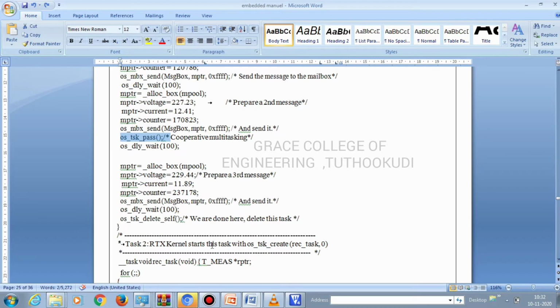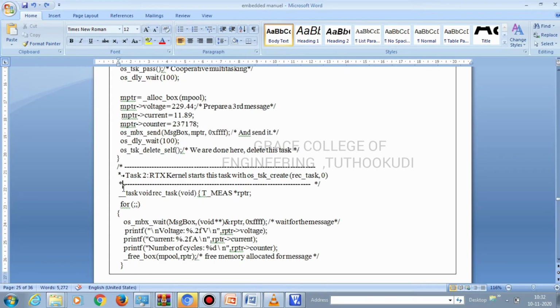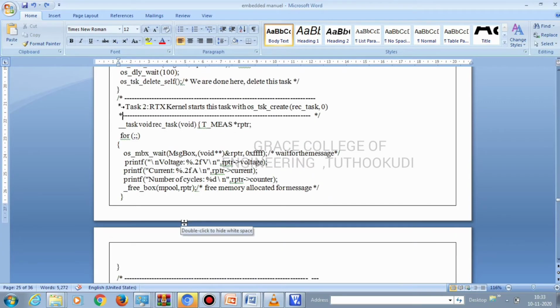Second, we are going to create another task, that is, we are going to receive the data. This is the receive task, void receive_task, void of. Here os_mbx_wait is given with the message box, void star star of rptr, 0xFFFF, which makes the memory ready to receive the data.